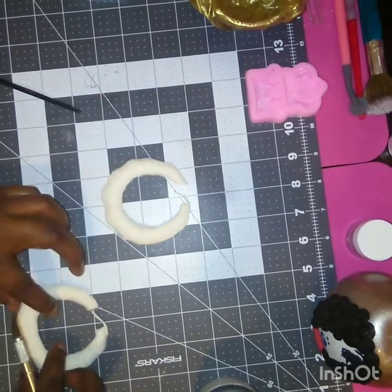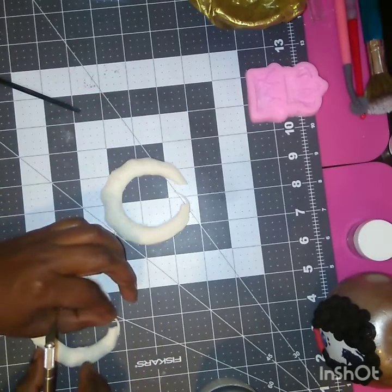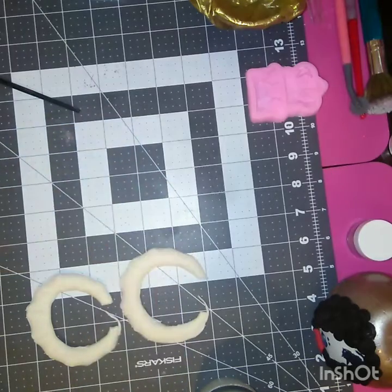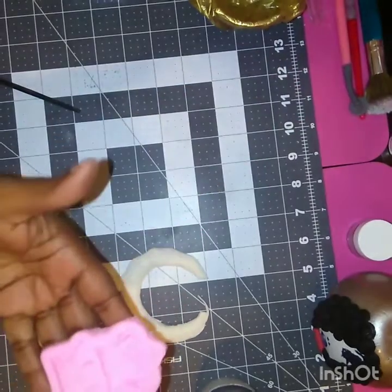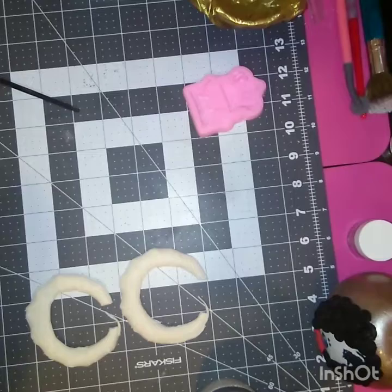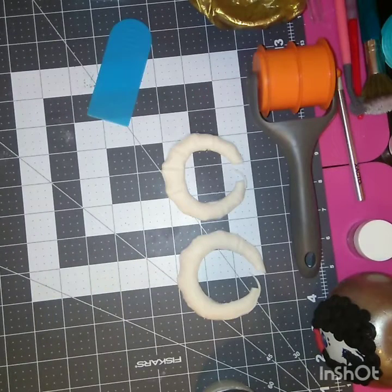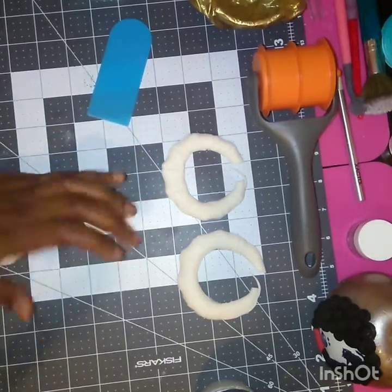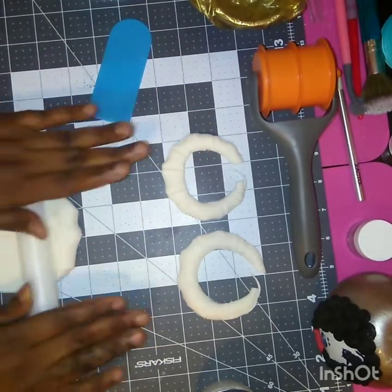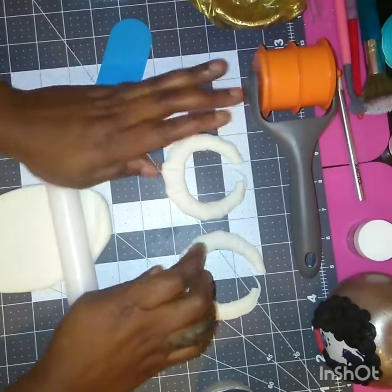Okay. So that's how they are looking so far. And we are going to add a crown in between, okay? Okay, we're going to make some crowns, but before I do that, I'm going to put reinforcement on the back